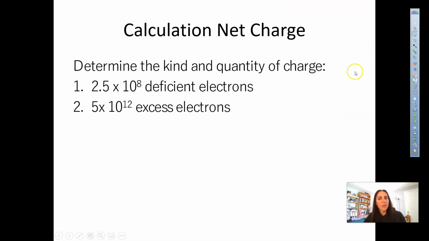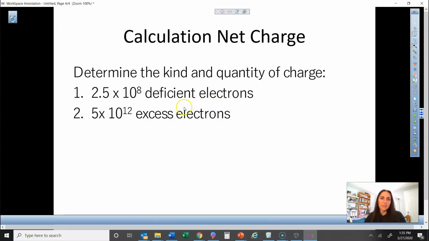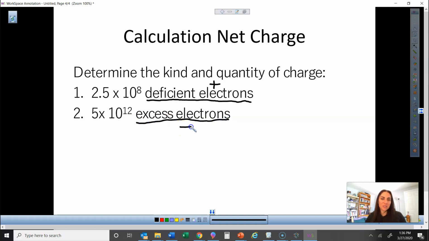Determine the type and quantity of charge. So notice the wording, right? Deficit of electrons means positive, because I have fewer electrons than protons, so this is going to be positive. And I have extra electrons, so this is going to be negative. So that's fun. And then to find the charge,